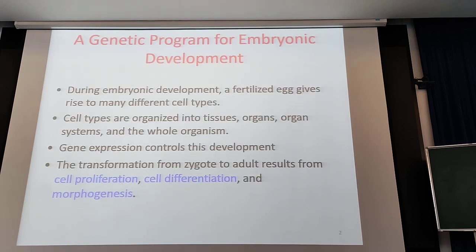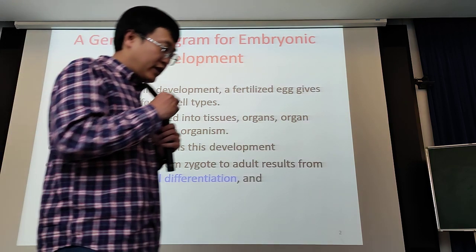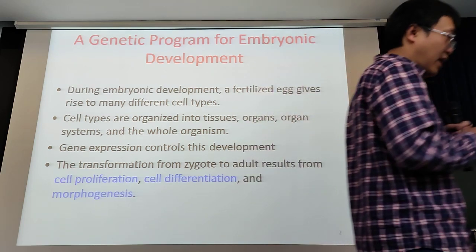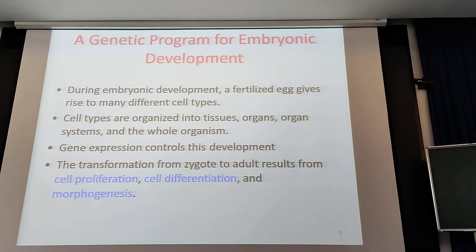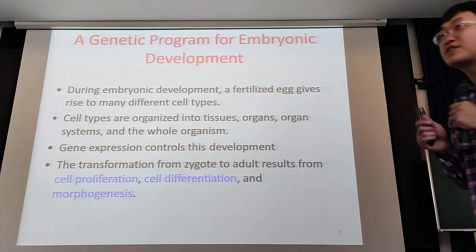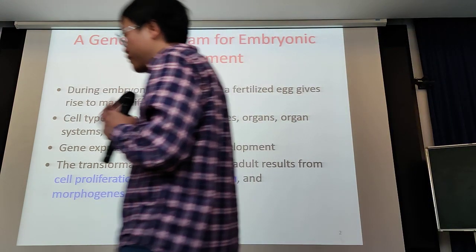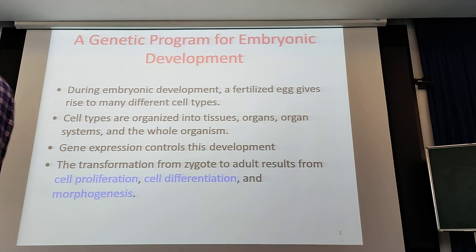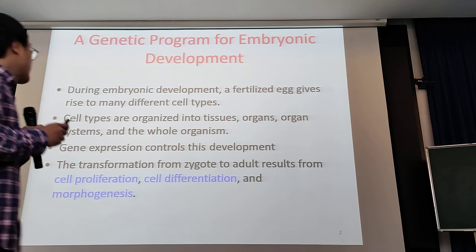So during development, we know that for a diploid organism like a human, we develop from one cell, the zygote, the first stem cell, which is the most powerful cell. It can differentiate into different types of cells. But the question is,